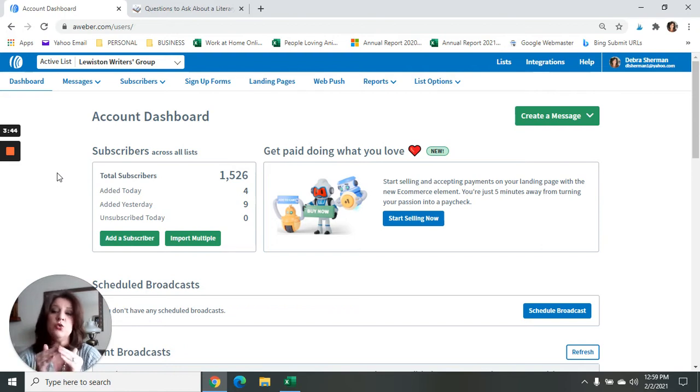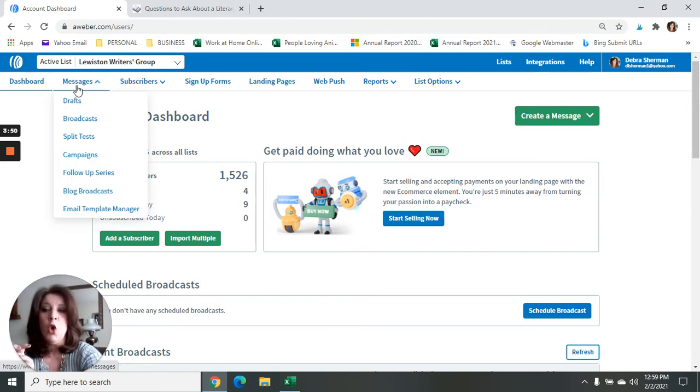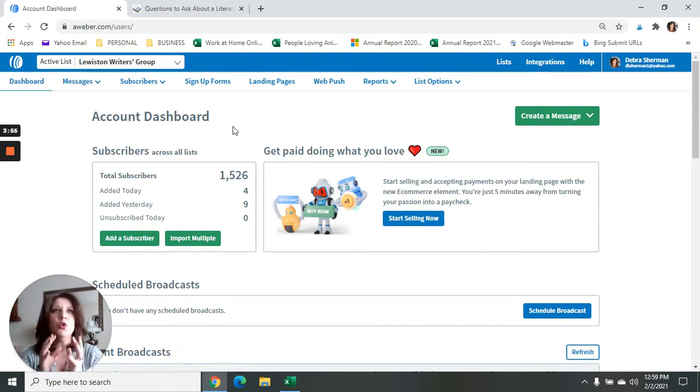So you can do a couple of different sort of funnels in AWeber. One is called a campaign, where you can go here to messages, you go down here to campaigns, and that is where you would do a specific funnel. Like, for example, if you're promoting a certain event, or a free ebook or a certain training or something specific, you can create a campaign in AWeber where you can have people sign up on a separate sign up form for that,